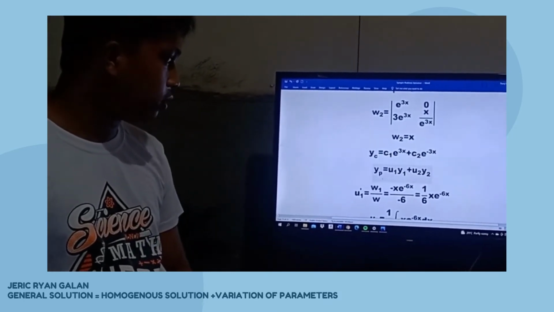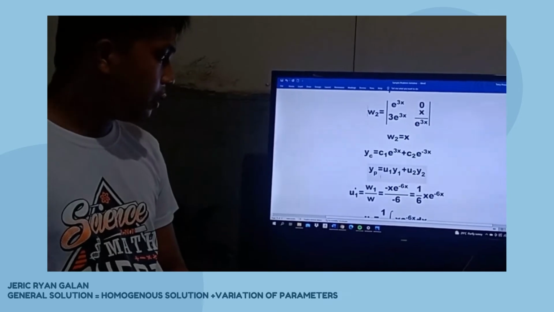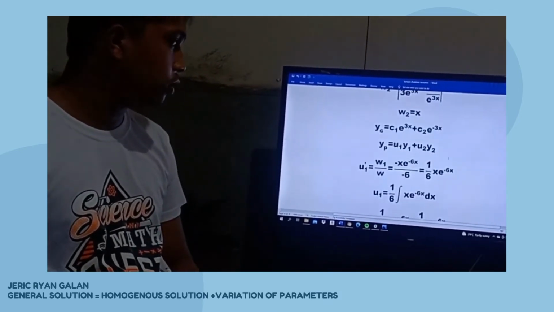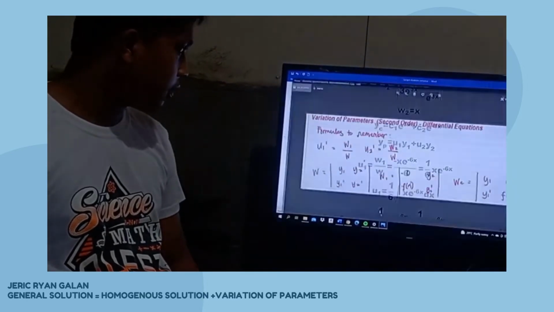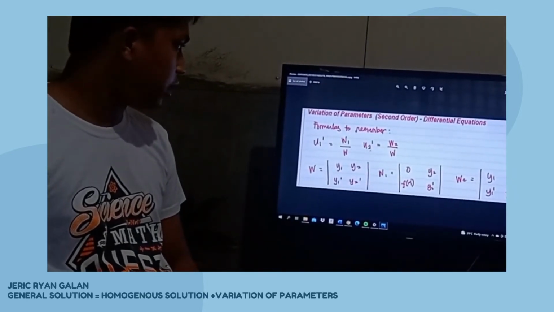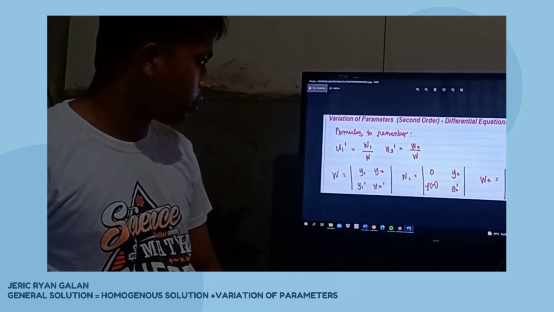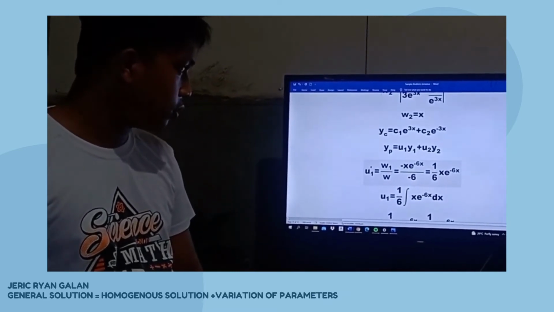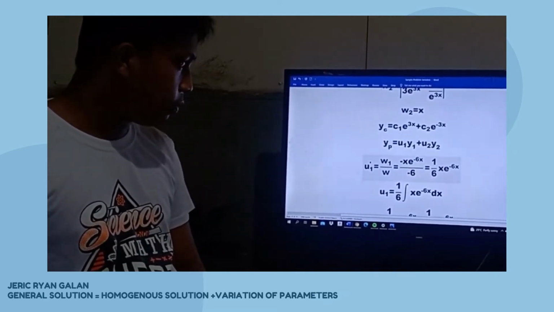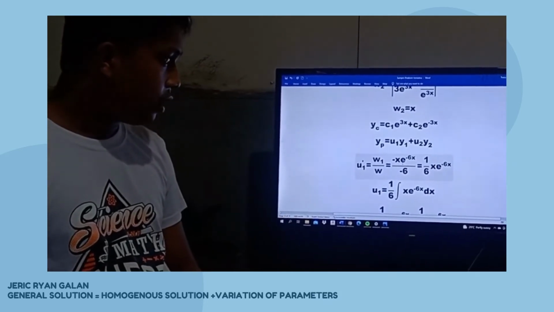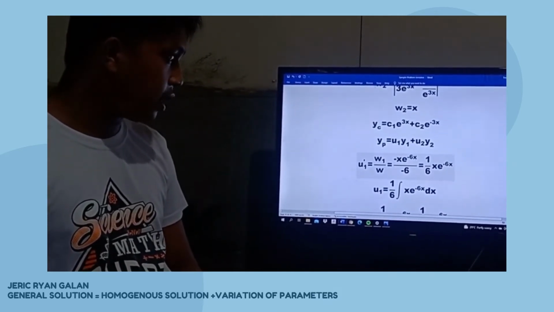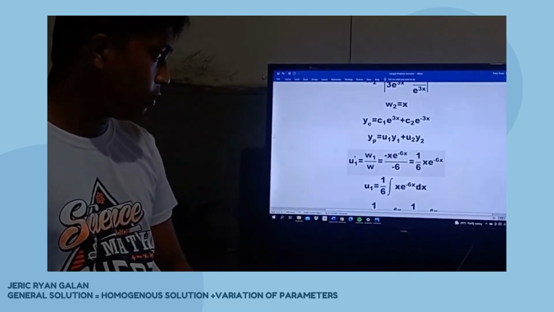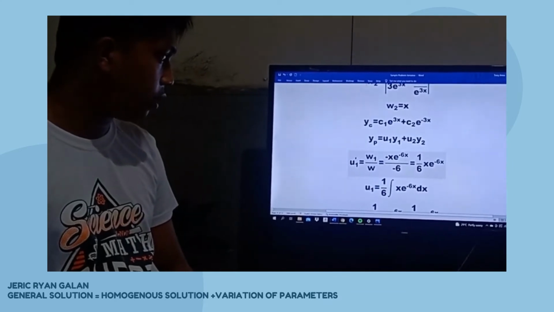So next na po ang particular equation na gamiton is kaning u sub 1 y sub 1 plus u sub 2 y sub 2. So nagyapon diri sa formula ang pagkuha sa u sub 1 prime and u sub 2 prime. So ang atong u sub 1 prime is equals to Wronski sub 1 over Wronski is equals to negative x e raised to negative 6x over negative 6. So, equals to 1 over 6, kay makancel na lang negative. So, positive na lang 1 over 6